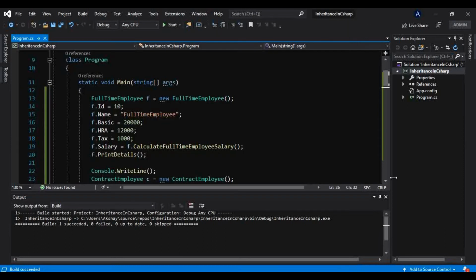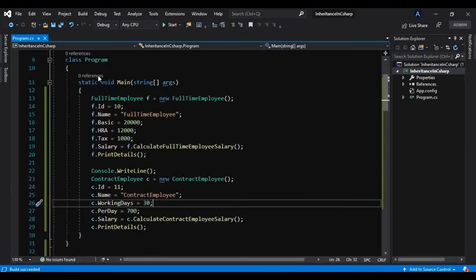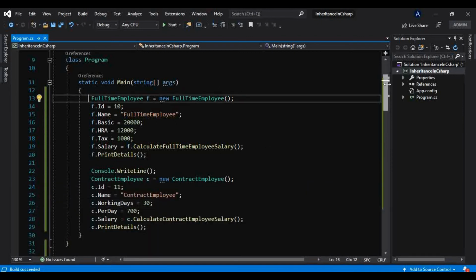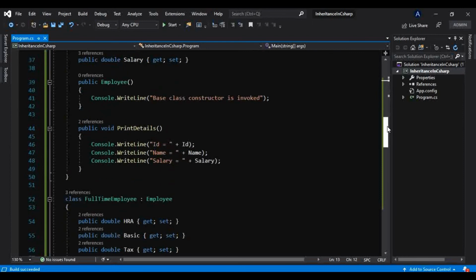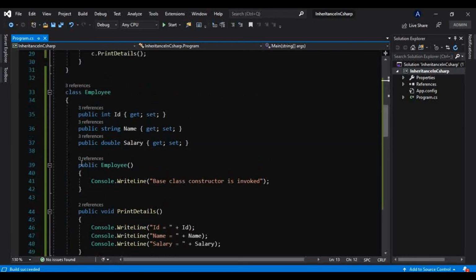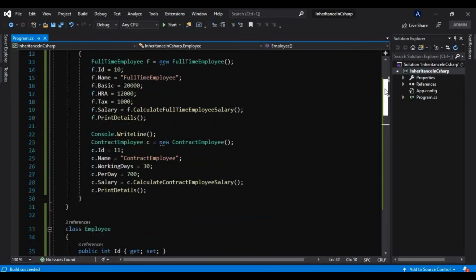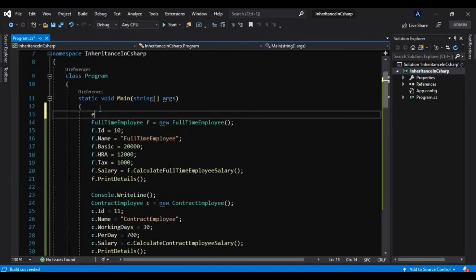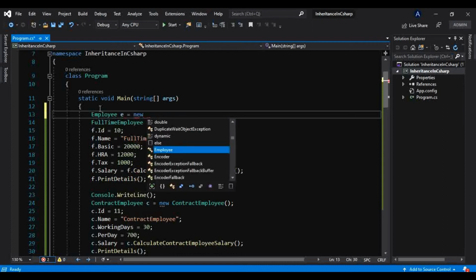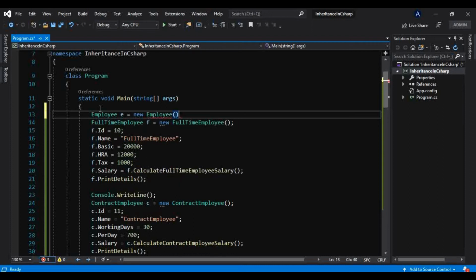So from that we can say, whenever we create a derived class object, the base class constructor is the one which gets called at the very first. We have not done something like that, so let me do that as well. If I create an object of this Employee class as well, this base class, like this, and if I run,